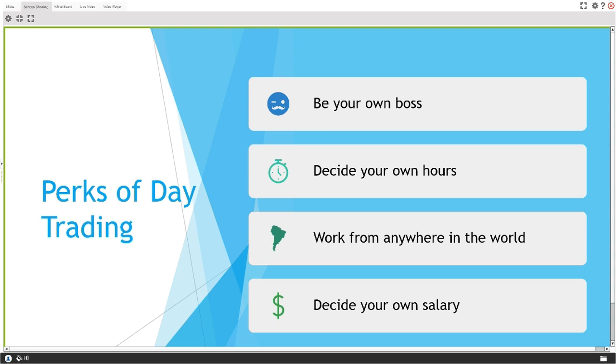And last but not least, you decide your own salary, right? It really comes down to the more you put in the work, the more you're going to get paid. This goes back to the first point of being your own boss, running your day trading world as if it's a business. We decide our own salary. If we wake up every single morning, trade for 5 seconds, make our money and walk away, that's nice, but that's not going to really help us grow and become the best trader we can be. If you want to make the most money possible, you are going to have to be here to study, to see what other plays are moving.